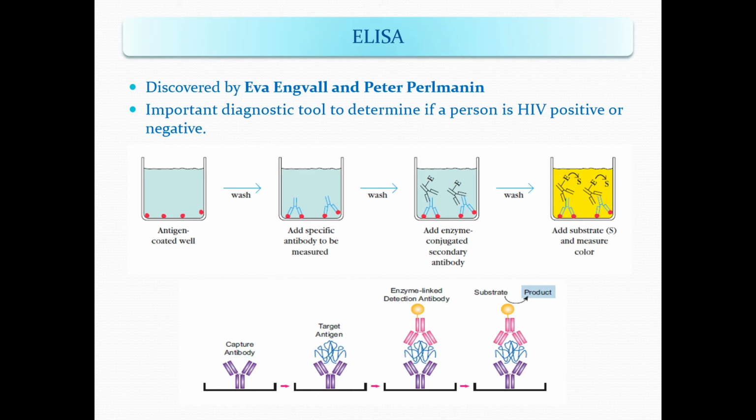This becomes a very important diagnostic tool to determine whether the person is HIV positive or negative. ELISA is a tool to determine serum antibody concentration. The antibodies are produced in the infected person in the blood and they appear in the serum. Similarly, the HIV antibodies are also detected for their presence in the patient's blood. This ELISA test is also used for detecting the presence of specific antigens and hormones such as human chorionic gonadotropin.